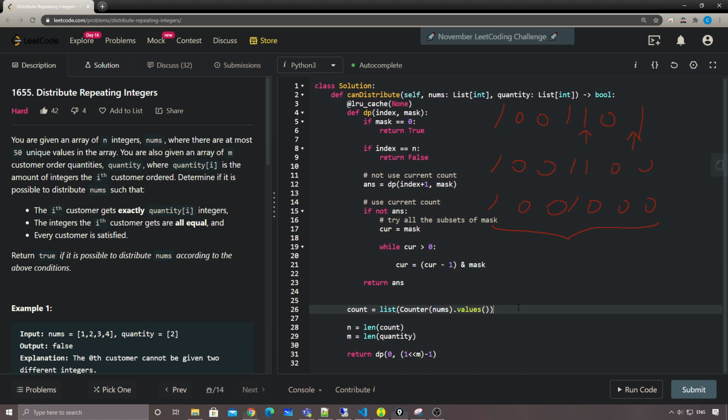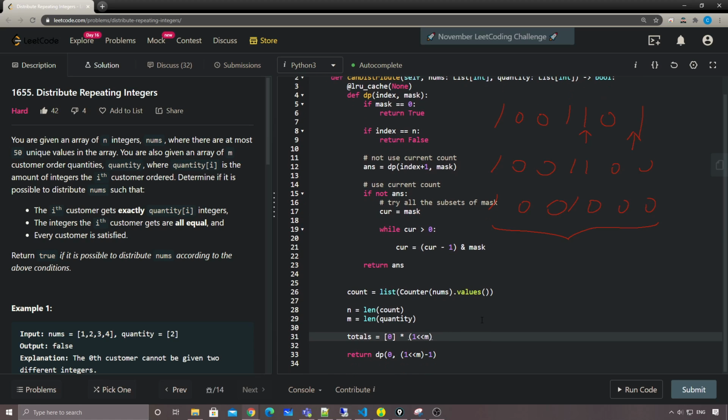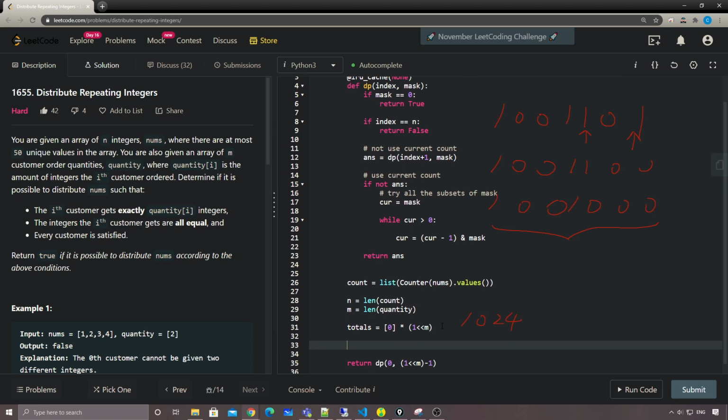That's why we can simply do a pre-check here, a pre-calculation here. So we're gonna have totals, right? The totals of what? The totals will be the total quantities it needs for some combination of the customers. Since we only have 10 bits for 10 customers, the total combinations for these totals is just 2 to the power of 10, which will be 1024. Okay, and we can simply brute force to try all the possible